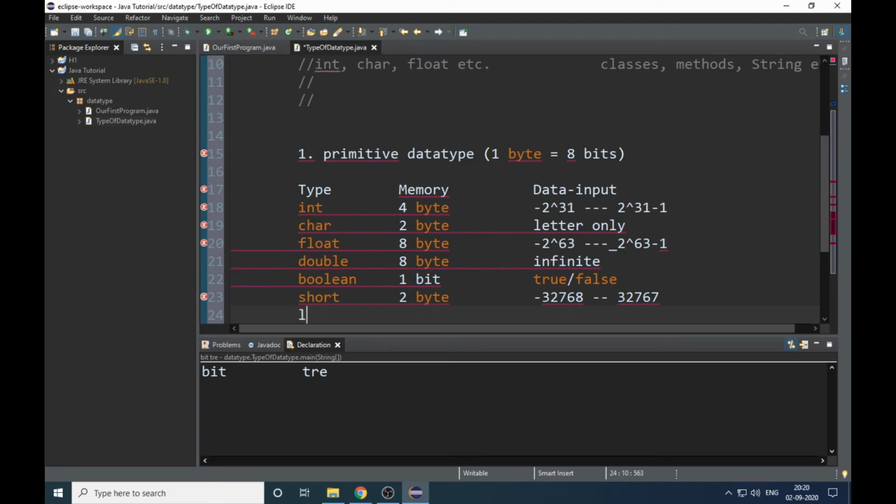And the last one is long. Long consists of 8 bytes, and it holds a way bigger number, from minus 2 to the power 63 to 2 to the power 63 minus 1.